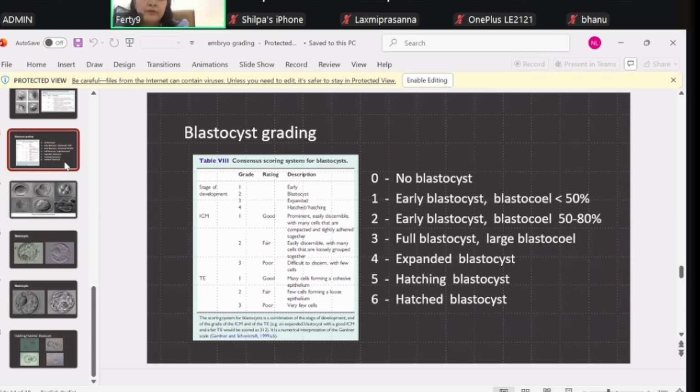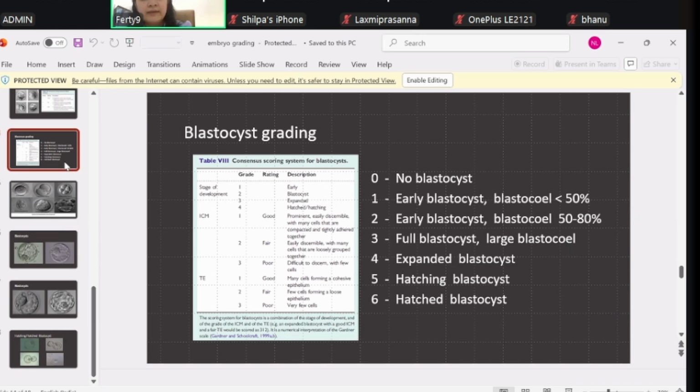So how do we do the day 5 grading? Once the patient has reached day 5 status, we take pictures of all the blasts. Then we score simultaneously. There is an embryology sheet where we write the stage of the blastocyst, like 4AB or 4AA. Then we report the same to the patient as well as all our team.